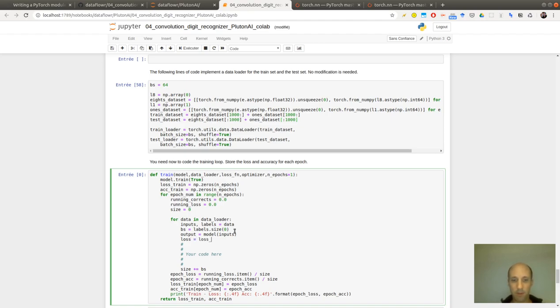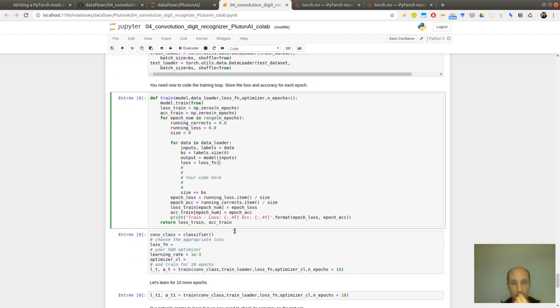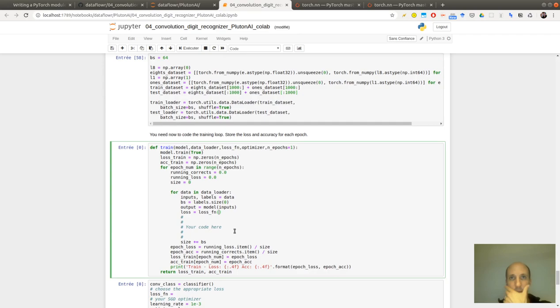with the loss function. So the loss function is output, labels.